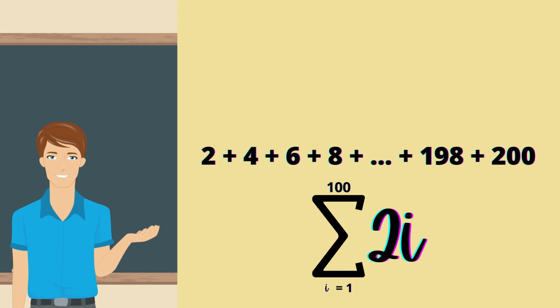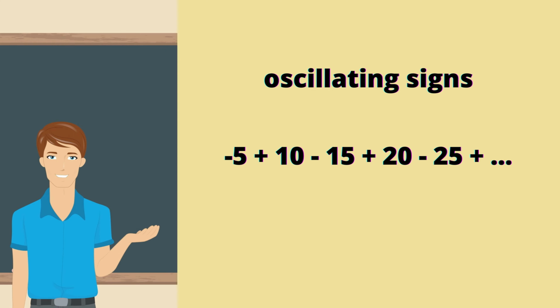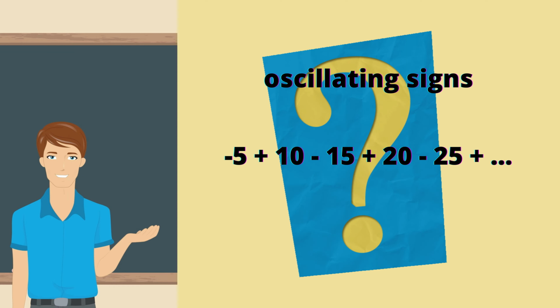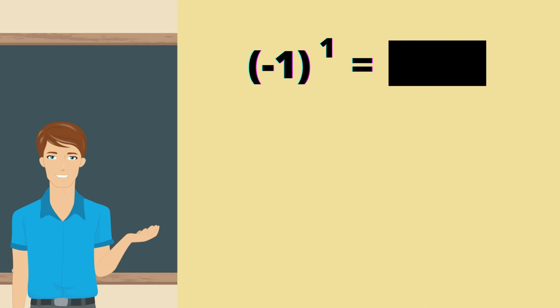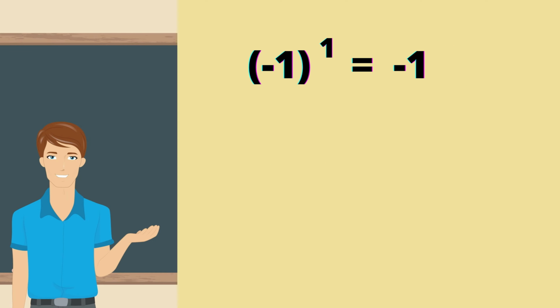Now what if we have oscillating signs, or signs that are alternating in the series? So, how do we establish the rule for this? Try to observe this to gain an insight. If we are to raise -1 by 1,